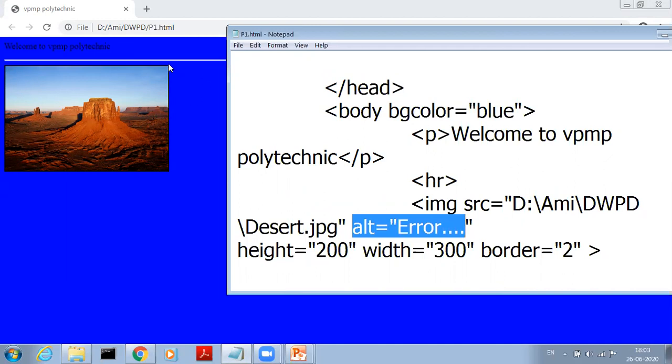This is the height of the image and this is the width of the image. And border equal to 2. You can see the border like black color. Clear? This is the practical example of our basic HTML tags.